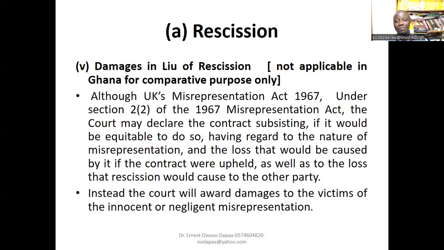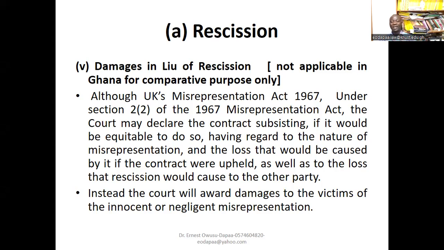In 1967, they passed a legislation and sought to clarify certain aspects. So, for example, if you go to the Misrepresentation Act 1967 of UK, as I said, of UK, so don't apply it. Over there, for example,